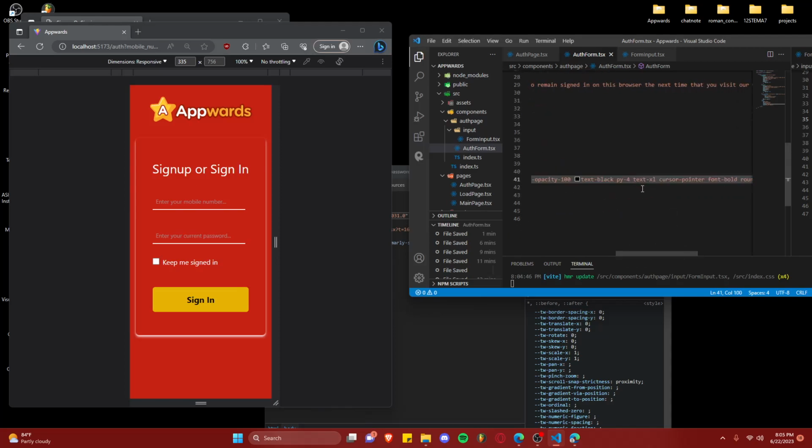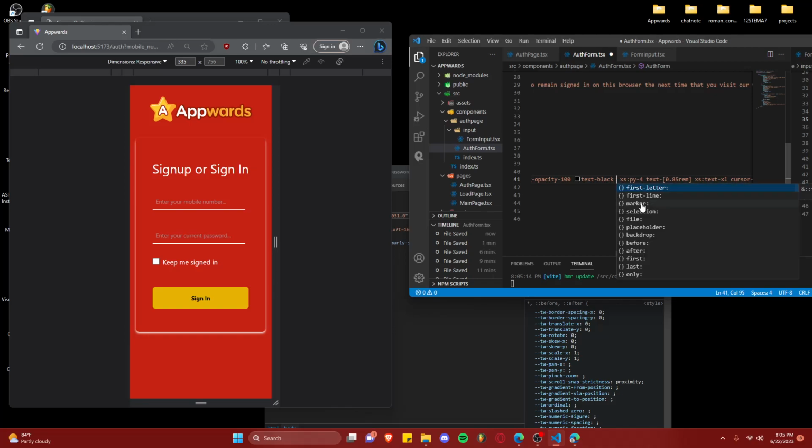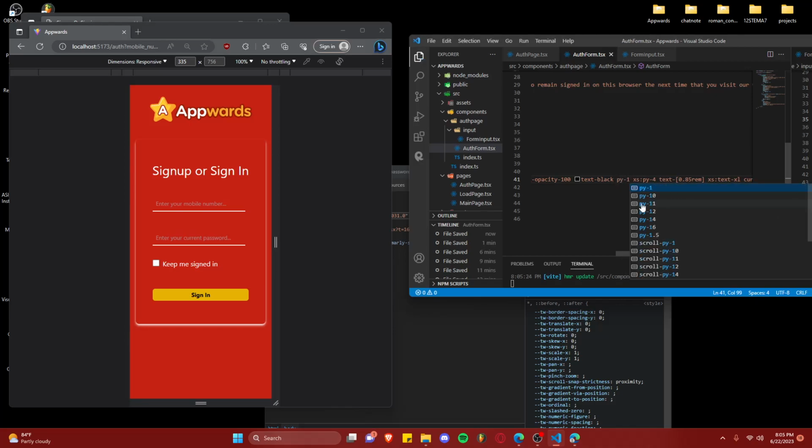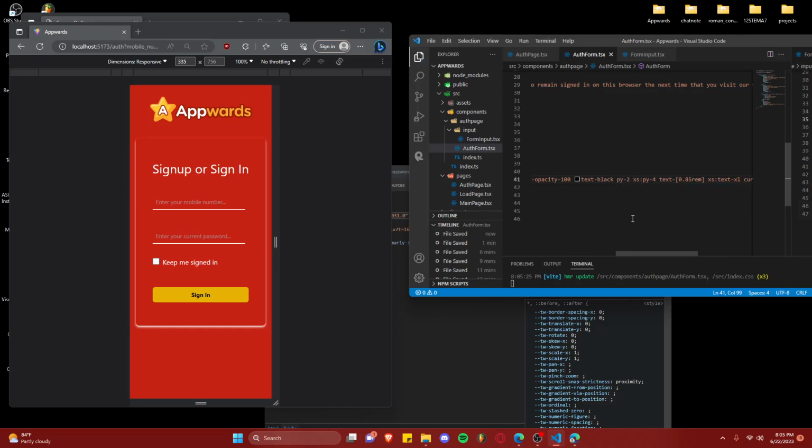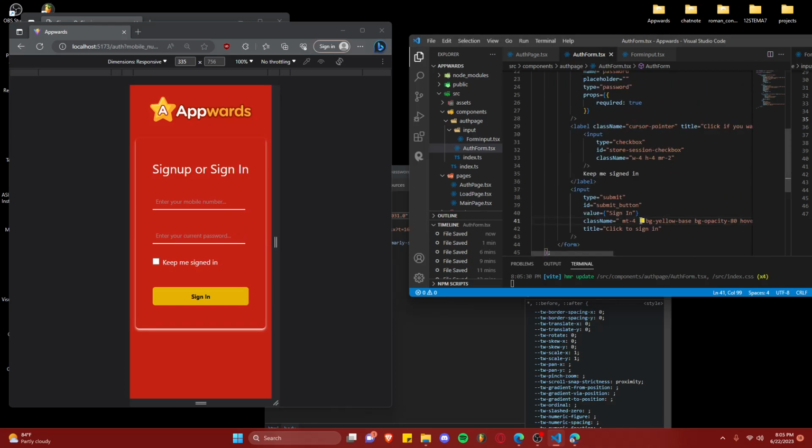Okay, as well it says, but usually I want this to be a text of 0.85 rem, just symmetry. There we go. And same for PY, usually I also get PY of 1. Okay, maybe 2. Yeah, there we go. Oh, maybe 3. Okay, I like that. And then for the checkbox as well,